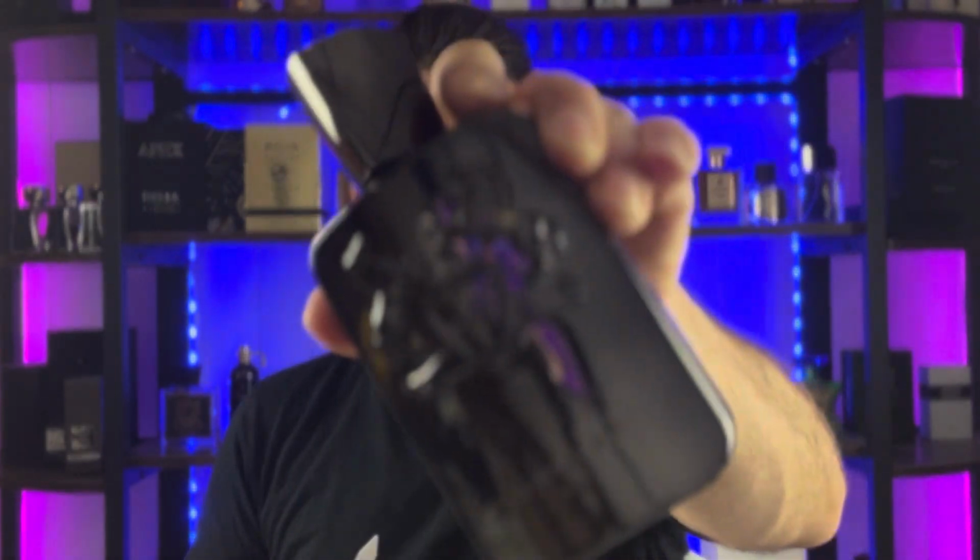This is an interesting fragrance, and I say that because I didn't really know what to expect with this particular fragrance, right? When you look at the note breakdown, obviously, you have a double dose of tobacco, you have oud, you have cedarwood, you have rose, you have vanilla. So there's so many things kind of going on. And in my mind, I was curious to know if this was going to remind me of, say, Herod by Parfum de Marly, or if it was going to remind me of something like Tobacco Oud Intense, discontinued now, by Tom Ford. Now, what I can say is it does not remind me of either one of those fragrances,